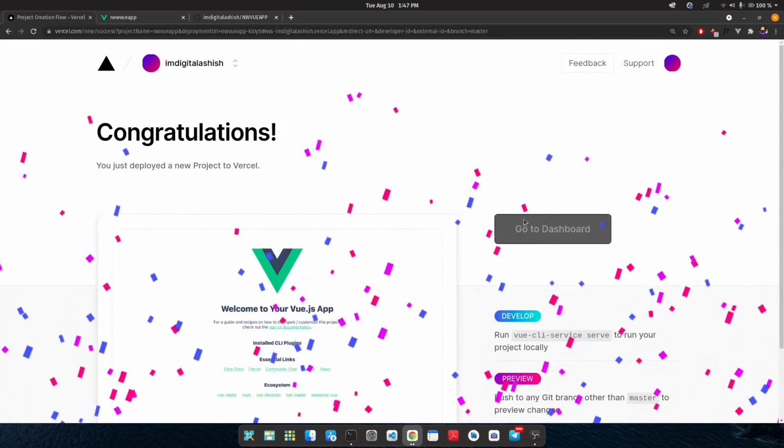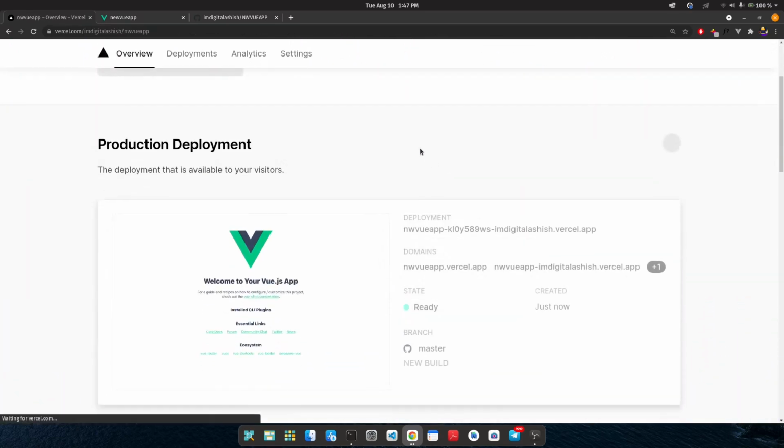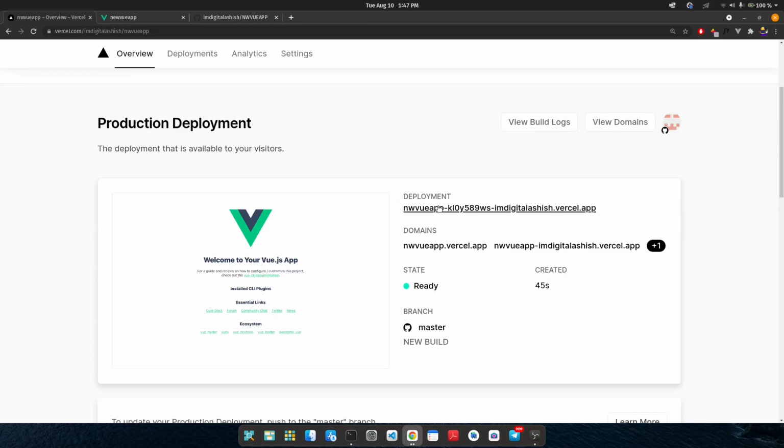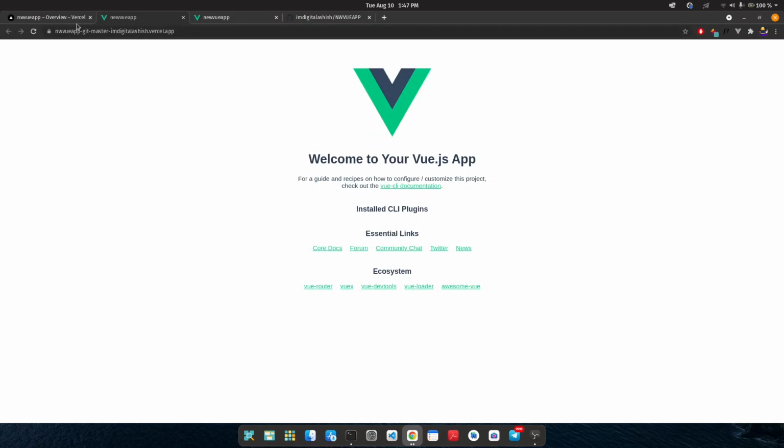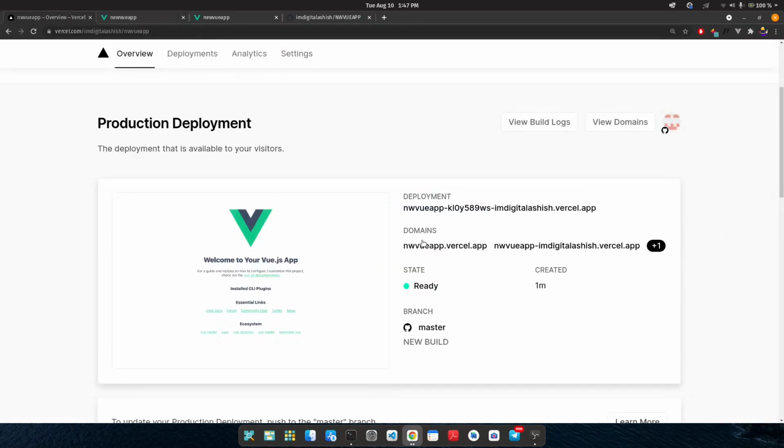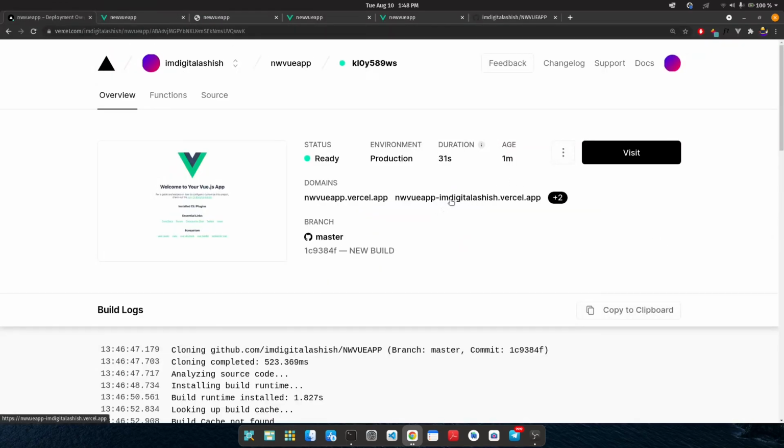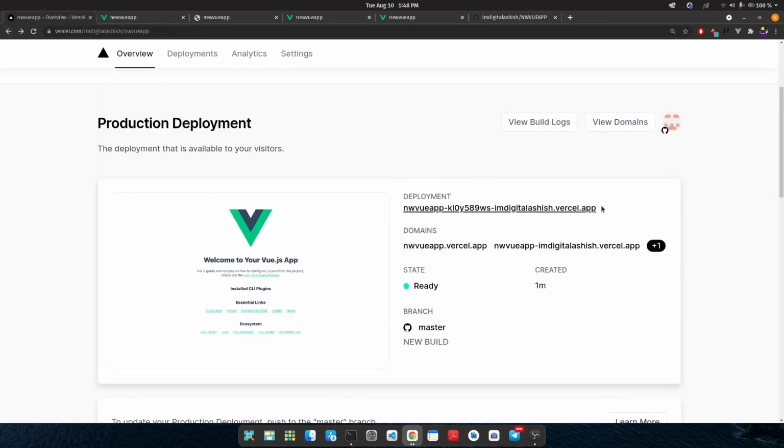Now go to this dashboard, and it will assign you domains, something like deployment and domains. You can choose this here, or this, or this. It assigns you a ton of Vercel apps. So this is the new app, Git master, and this is also the same, and this is also the same. This one is basically not the same because it tells you where you have to go.